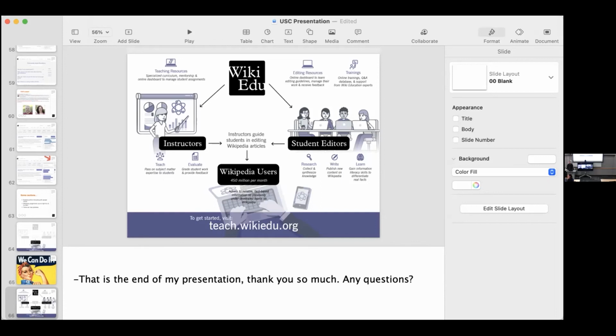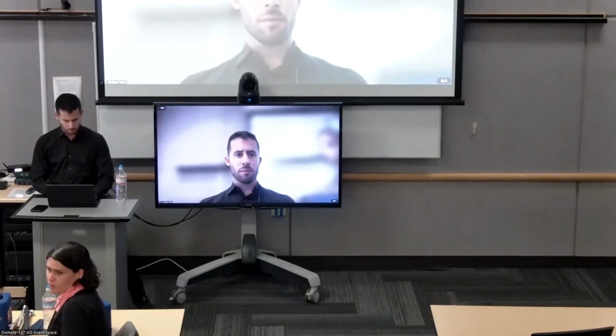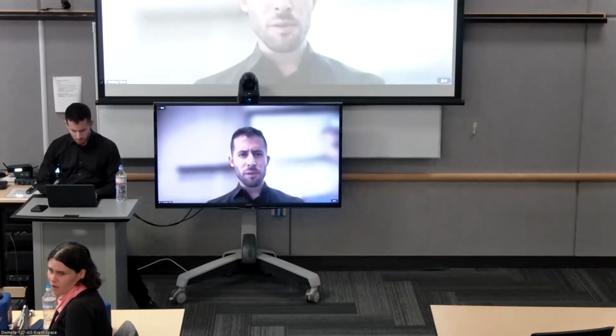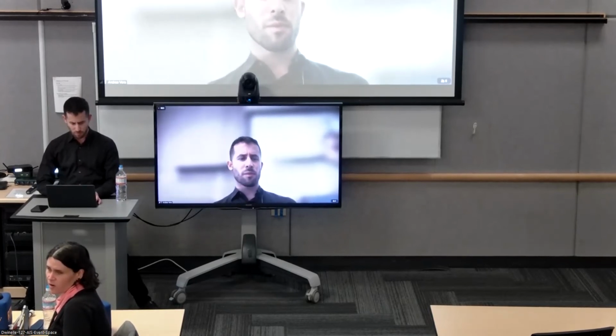I'm wondering, is there a rubric for how students get graded? Yeah. Grading is a little bit flexible when it comes to the Wikipedia assignment. We do have a sample grading rubric. Andres, remind me to send that to you at some point. I think it'd be good to include in the presentation. I have it, I can pull it up really quickly. That'd be great. We have developed a sample grading rubric that we make available. This is just for the main Wikipedia contribution, with guidelines on what constitutes a good contribution, what's a weaker contribution, and so on.